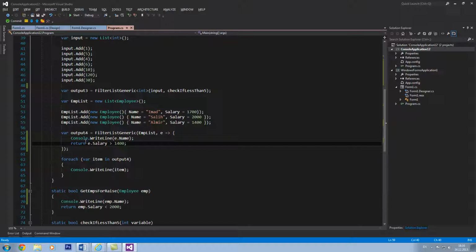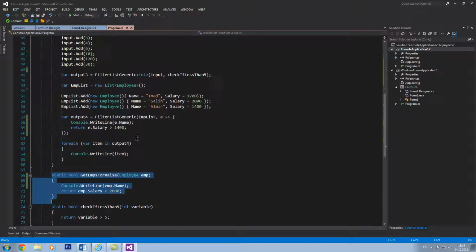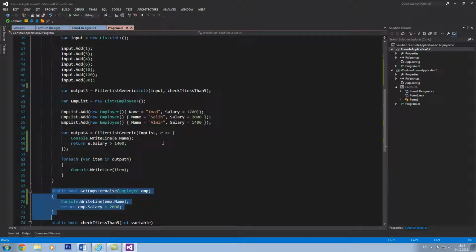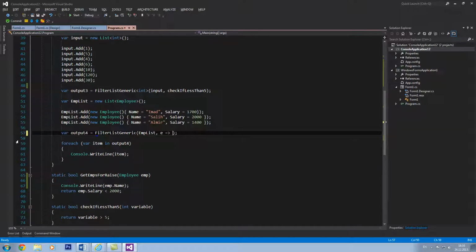If you would like to use this action repetitively, then it is advised that you separate it into a separate method and simply call it, instead of making the compiler duplicate it for you over and over again. Okay. Now, what if we have a method, or we are looking at